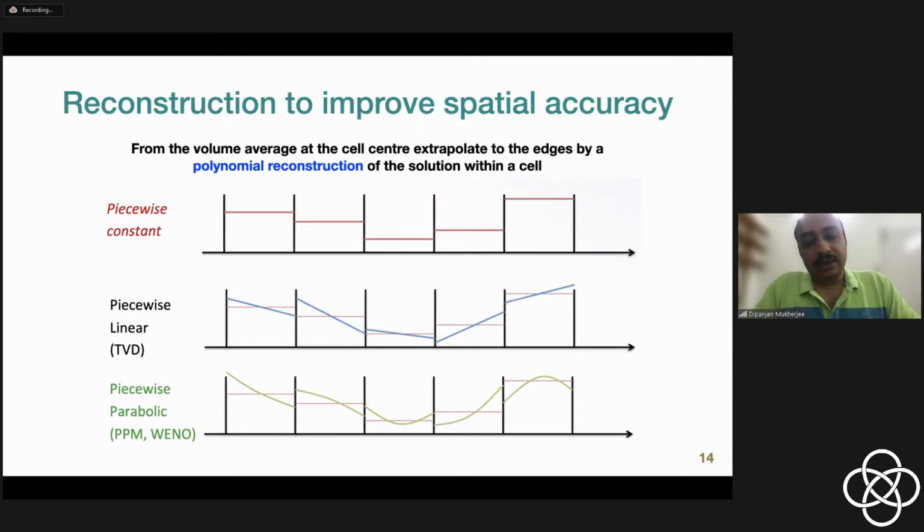And then, as I said, when you solve the Riemann problem, you get quantities at the interfaces. But to get the quantities on the interfaces, your basic definition of the fluid properties is always cell-centered. So this is a volume average of the quantity performed over the entire range of a cell and represented at the center. Now, you can always assume that your density, for example, is piecewise constant. So between each of these cells, the density is flat. So this is called a piecewise constant